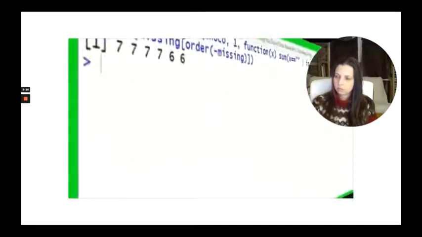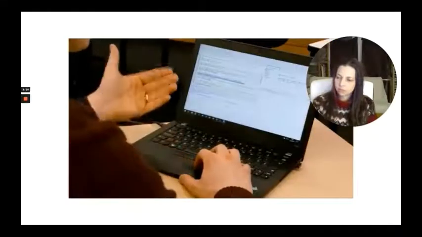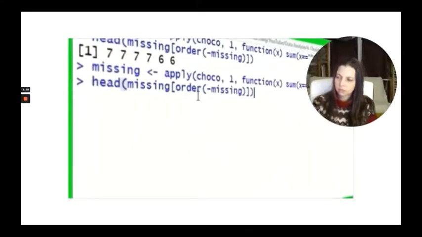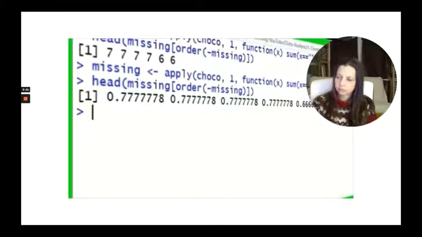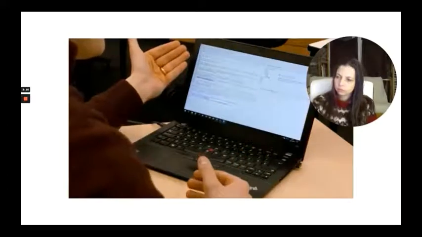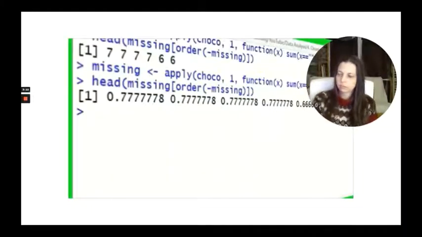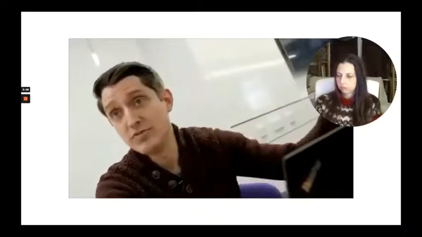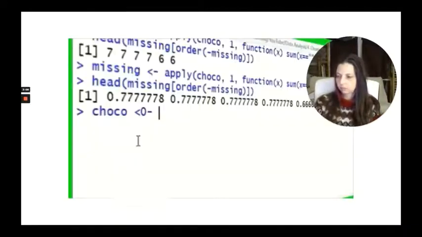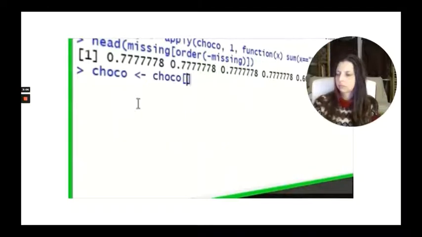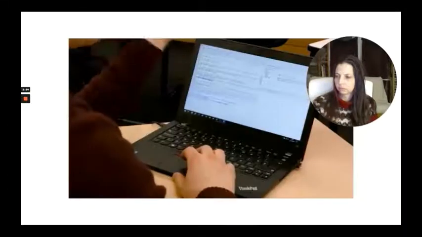Now let's do this again as a percentage of the number of attributes. So this is exactly the same thing, but this time we're dividing by the number of columns, which is 9, and we're going to have a look at the top of these. And so you can see that we're missing 77% of some of these initial attributes. That's a real problem. Missing is the same length as the number of rows we've got. So we can actually look up any rows where there's a greater percentage of missing values than we want and just remove them from the data set. So what we're going to do is a bit like this. We're going to say Choco is Choco anywhere where missing is less than 0.7 and then all the columns. And what that's going to do is select only the rows we want where they've got a nice amount of data. So the Choco data set is going to be a little bit smaller now, but much more useful to us.